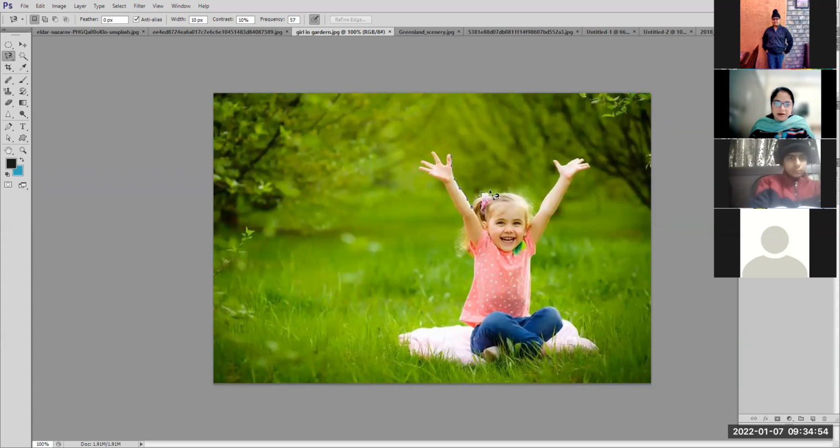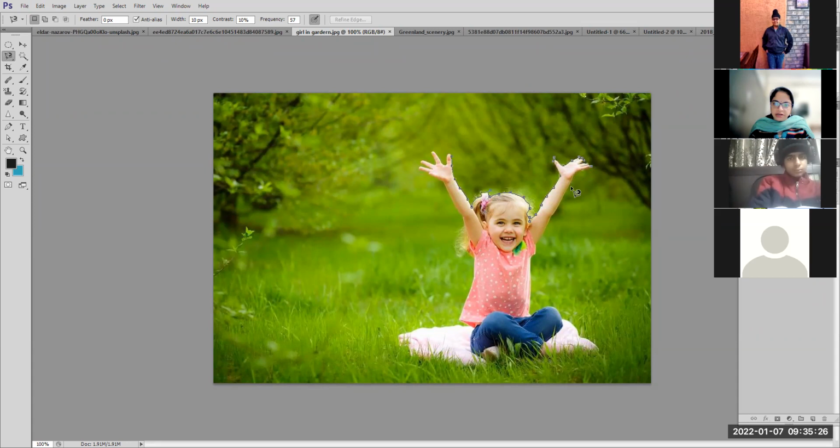Click here, turn. Now tomorrow, sorry, next lecture I will tell you how you can change the background of the image. मुझे इस girl की background change करनी है. Just move your mouse pointer around the edges. Be calm, be patient, slowly move the pointer. जहां जहां turn करना है सिर्फ वहां click करना है.